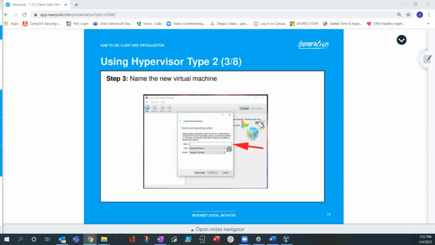No problem. So yeah, you want to name your virtual machine, make sure it's one that will jog your memory and let you know exactly which one you're working with. If you just name it Linux and you have like 10 different Linux ones and you're running different tests on different ones, it's going to be hard to pinpoint exactly which one you're using. So try to use a little bit of a detailed name when you're picking them. Then